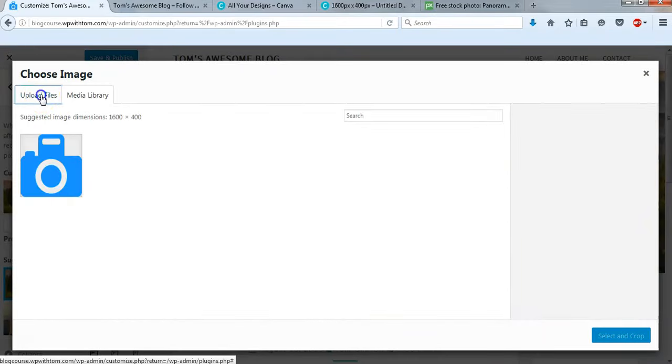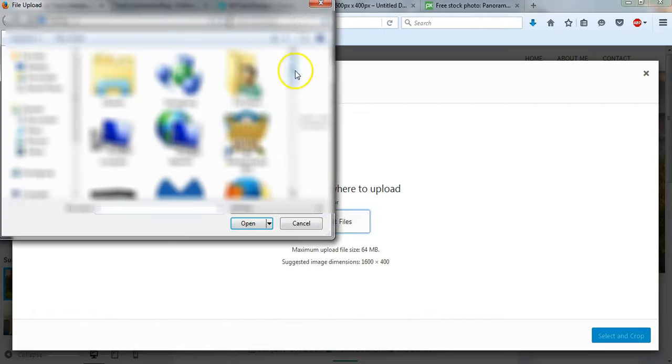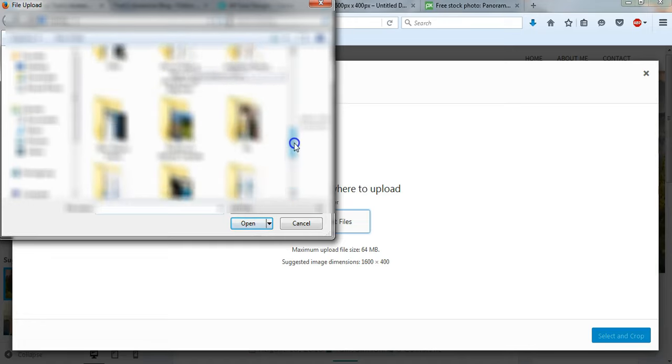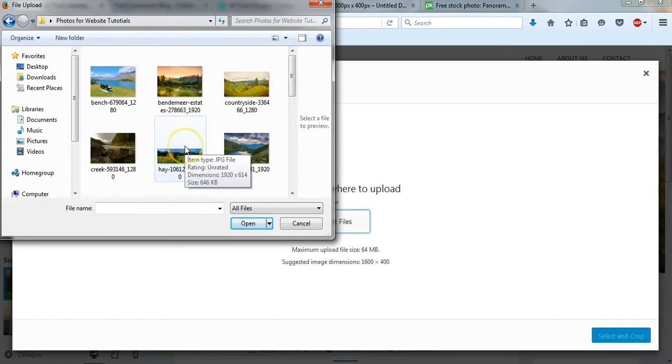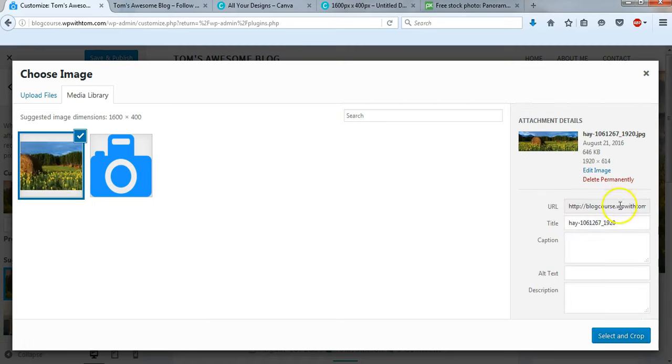And here we'll go to upload files, and I'm just going to select files, and find an image that I actually already created, similar to that one that we were just working with. There's a few different ones that I made already, just edited in Canva, and I'm going to use this one for the background here. I'll just call this one field scenery,